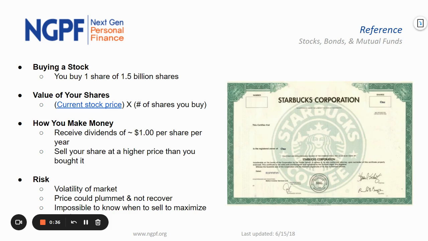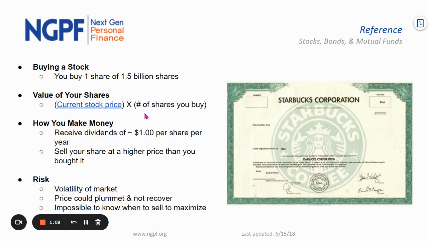Okay, so obviously people are going to invest in stocks because they want to make money. So you can go to the stock market or a brokerage firm and you can buy shares of stock, and you have to decide how much stock you can afford and how much you're interested in based on the companies. And you can buy stock in multiple different companies. Every time you buy stock, you are basically giving money to that company through your purchase, and they are able to use that money for whatever they need.